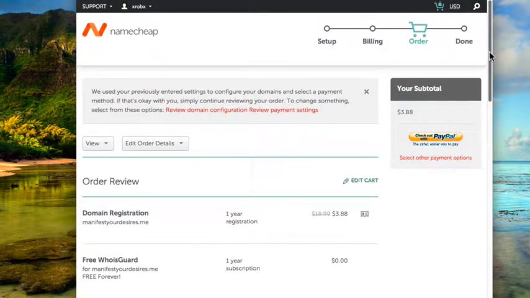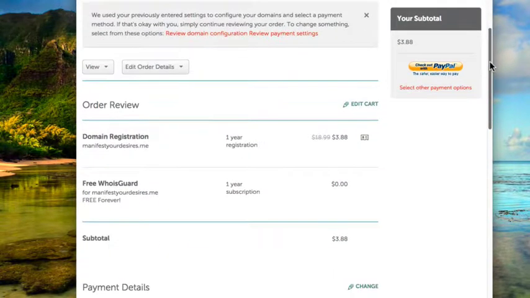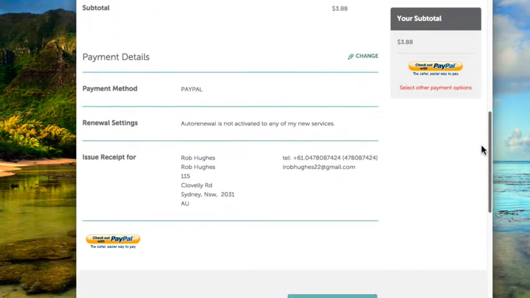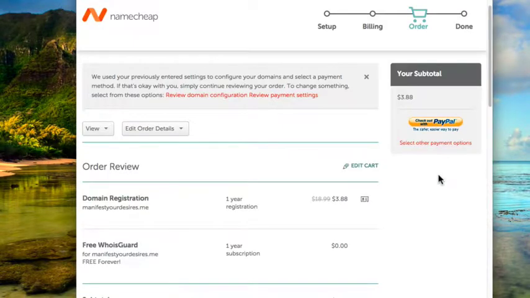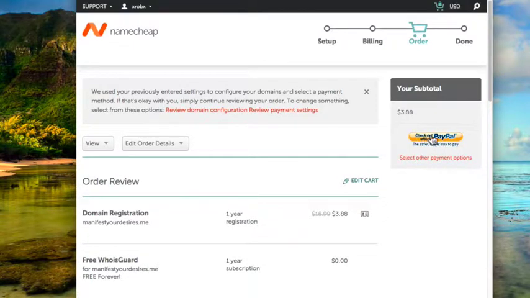So here we are at the order section, and you can just check over the details by scrolling down and making sure everything's right. Your information's there, and up here you can see there's a checkout with PayPal button. So if you have a PayPal account, you can go here, or you can select other payment options by clicking this one here. Clicking on this checkout PayPal button, you'll be taken to the order page within PayPal,